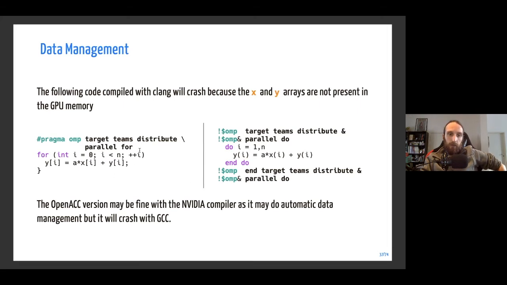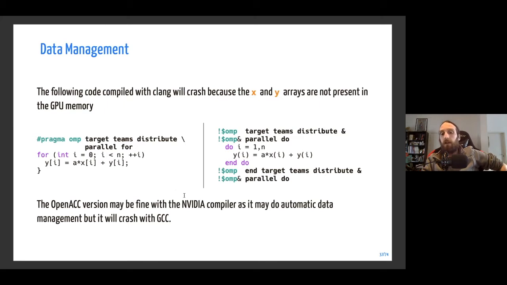In this case, what we need to do is at least have the scalar alpha transferred to the GPU. By default, OpenMP and OpenACC copy the scalar to the GPU, so we don't need to specify anything, but concerning the arrays X and Y, we need to copy them to the GPU memory.